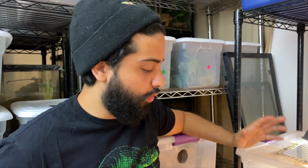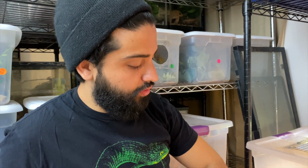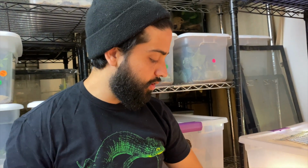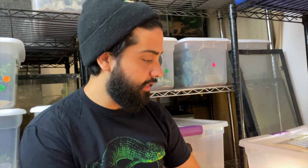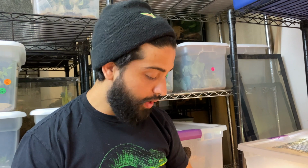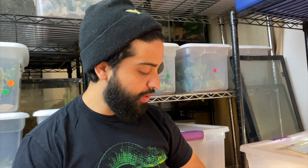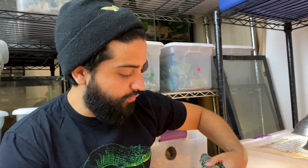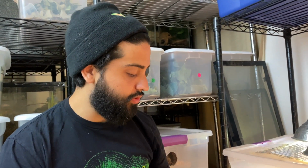You know, I always in the past recommended like 40-gallon breeders for some of these Uromastyx, and they're very active. You do want to give them a good amount of space. That's why he recommended at least a 4-foot long enclosure. You can do 2-foot wide. So, a bigger enclosure. He also mentioned to kind of stay away from the seeds, the lentils, stuff like that, because